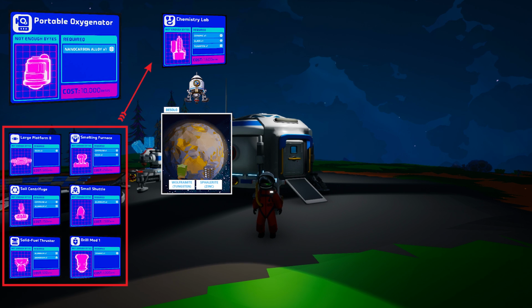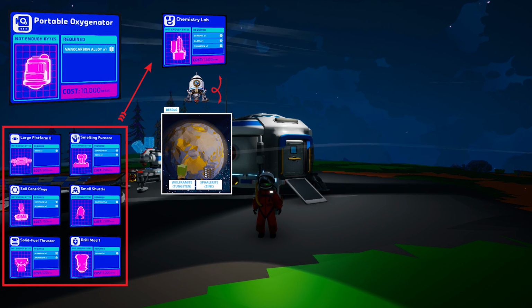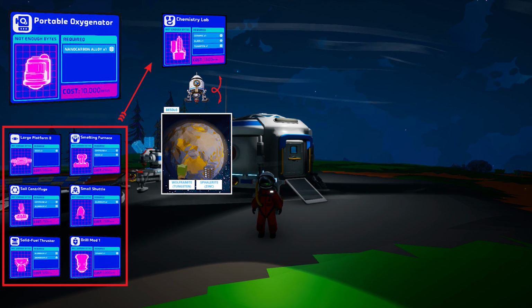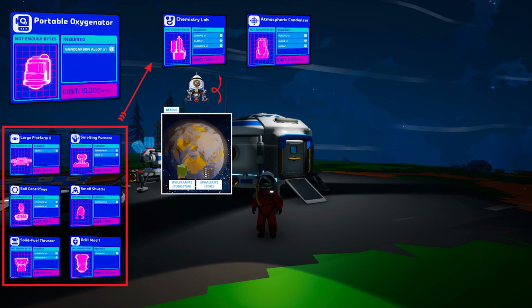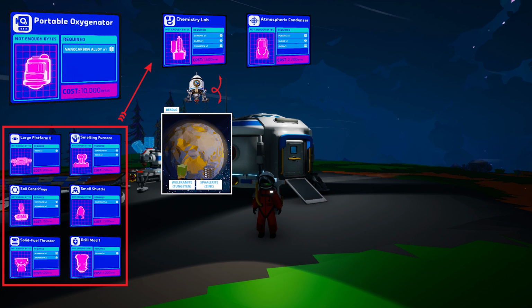It really depends on you and how you want to play it at this moment in time. Chances are you're either going to be greedy or you're going to wind up making a couple trips back to De Solo to pick up more wolframite, or you just like De Solo and you keep going back and forth. But once you've made the chemistry lab and picked up some extra wolframite, your next objective is to get the atmospheric condenser. Now, the atmospheric condenser takes one item from the chemistry lab, that's plastic, but it also requires